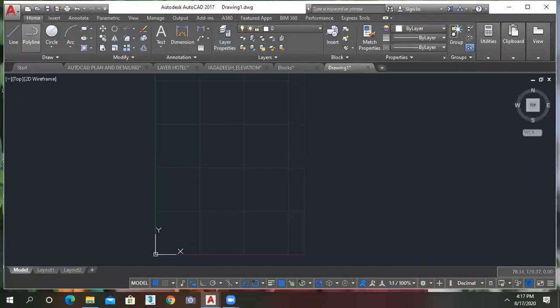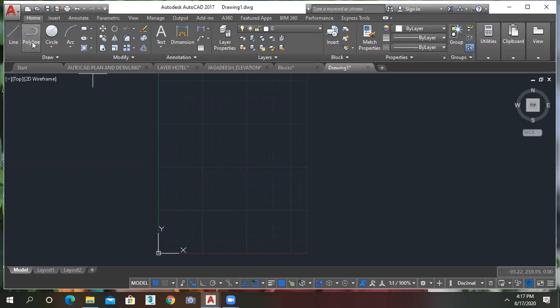Then close it. First, I will draw one plan here, in meters. If you want that plan, I will share it after. I have one room that is 3.8 by 3.4.